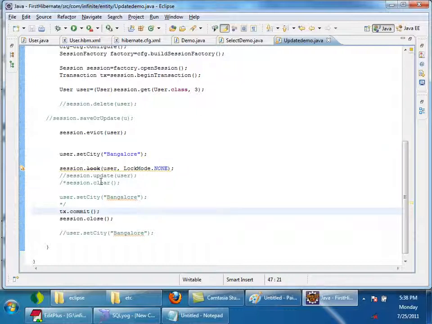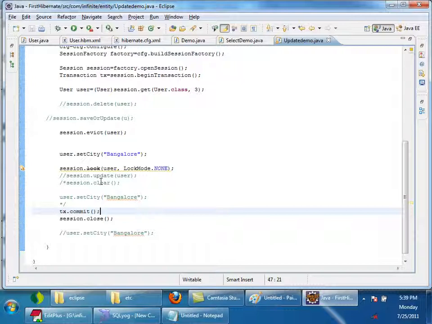Actually, this is called pessimistic locking. So later we'll talk about the transaction management API. In transaction management, there are various ways of locking objects: optimistic locking and pessimistic locking. Pessimistic locking will always take a lock on the object.